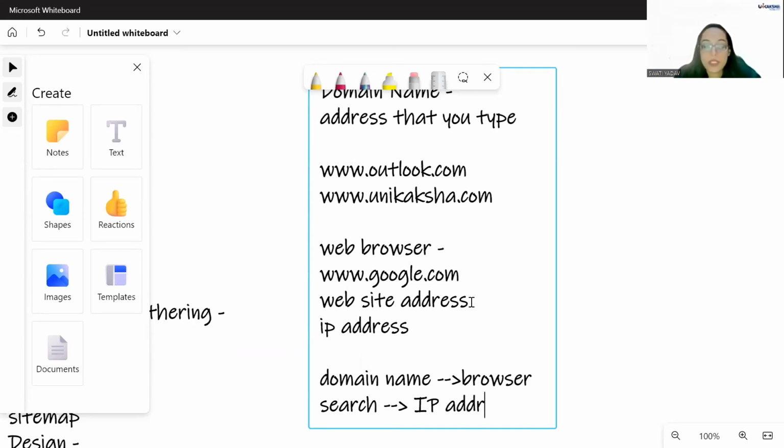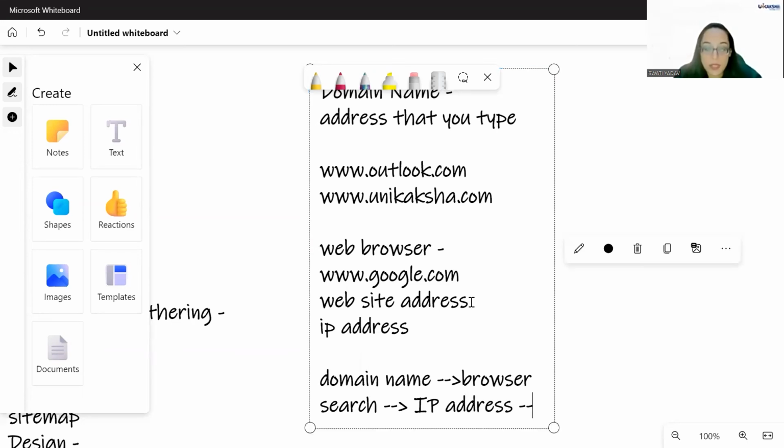We are not aware of the IP address, but there is an IP address attached to the domain name, which locates the web server and gets you the position of where it is.